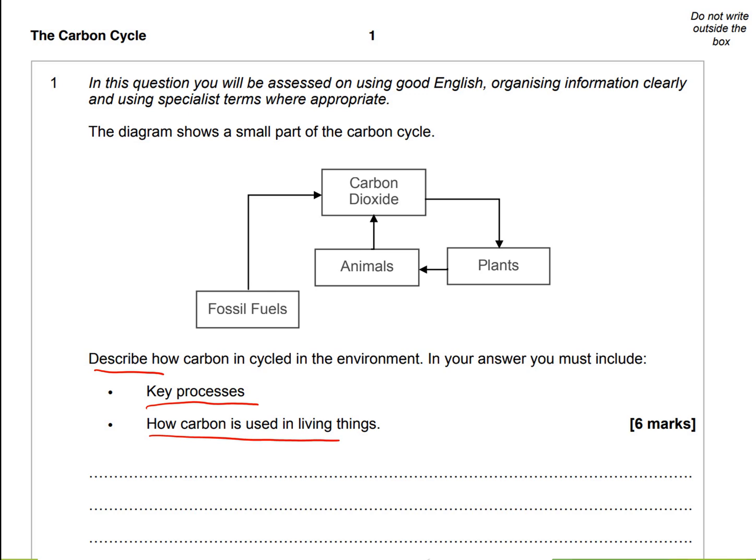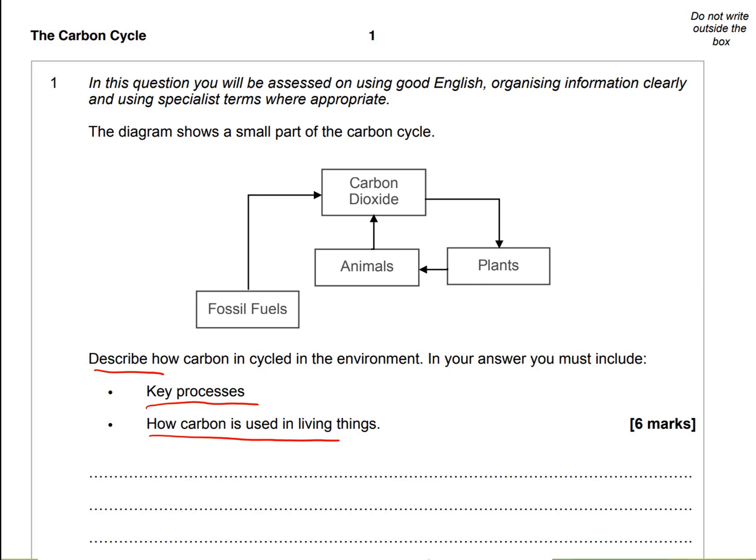Now, if you remember in your booklet, after we did the lessons on waste, on decay, there was a piece of text that you had to extract information from, and you highlighted things like all the places that the carbon is found in one colour, all the processes that take carbon from the atmosphere in another colour, and all the processes that return carbon to the atmosphere in a third colour. So that will help you, okay, to be able to answer this question.